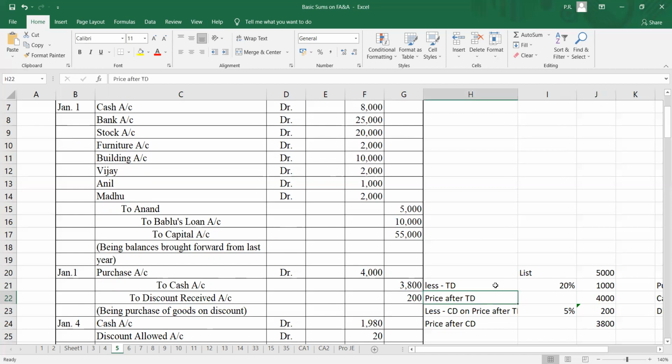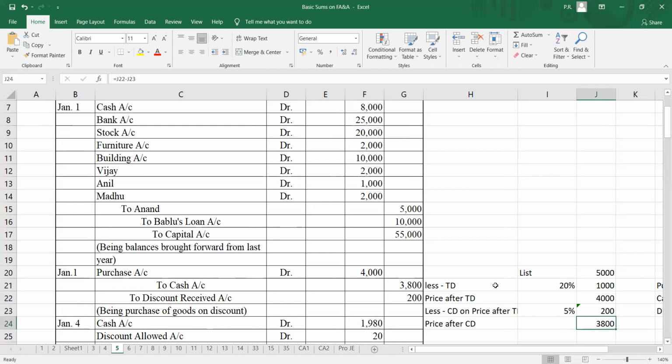However, since we are agreeing to make a prompt payment, an on-the-spot payment, they are giving us a cash discount. Please remember, I had told you that cash discount is given on the price that you get after reducing the trade discount. So from 4,000 rupees, we again reduce 5% cash discount, that is 200 rupees. So the price that we are paying for the goods is rupees 3,800. I hope the mathematics is understood. From the list price, we reduce the trade discount. From the price after trade discount, we reduce the cash discount, and that's what we pay.